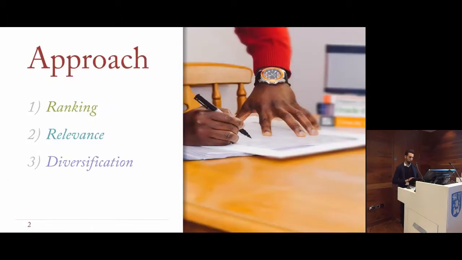In this work, the strategy we opted for consists mainly of 3 steps. The first step is about reranking the initial list provided by Flickr. In the second step, we remove some irrelevant images, and the final step is about diversification. So first I will explain the general approach followed for all the rounds, then I will present each round's